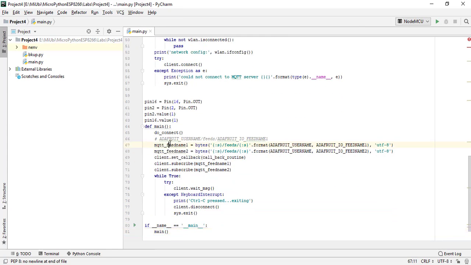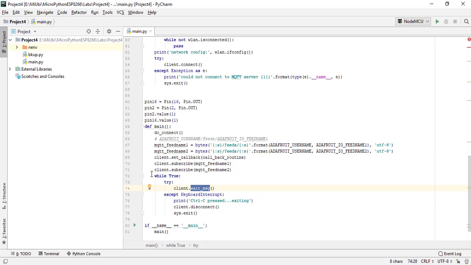Now we create the string which is required for subscription, which is MQTT feed name 1. I create here a string with username slash my feed name, and feed name 2 being my username and feed name 2. Then after, we set a callback. Now what is this callback for? Callback is a function which will be called upon a request or a message from your MQTT broker. Now you have subscribed to this particular feed name. Whatsoever event happens to this feed name, you will be receiving it as a message.